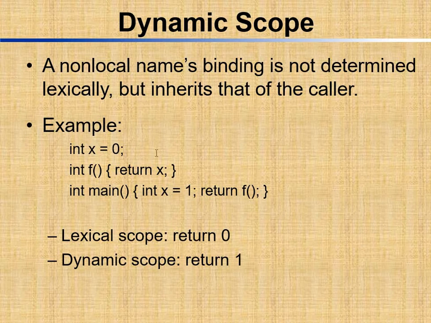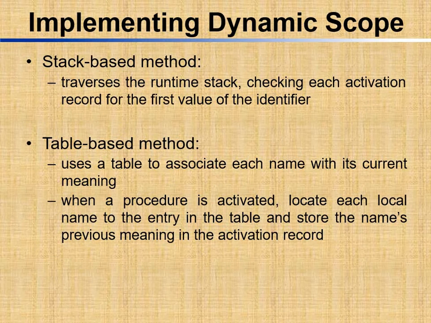While in the case of dynamic scope, when we call this function f, the x value will be the x at the time we call function f. So this is the difference between static scope and dynamic scope. This we can see with this example. Okay, so now we will see